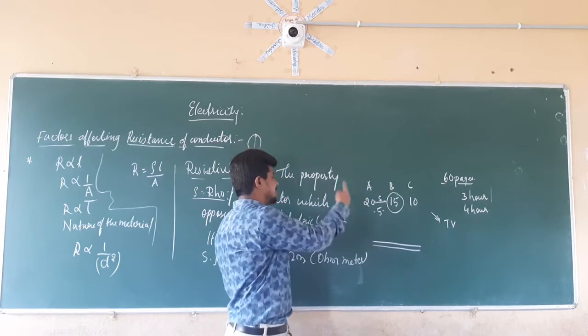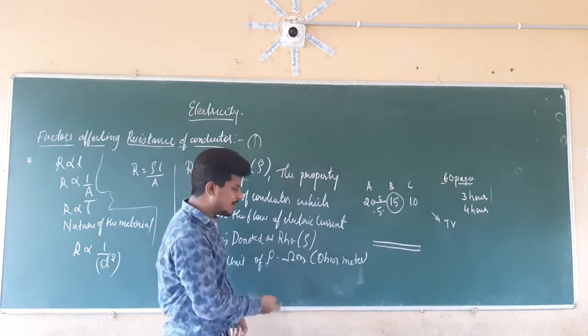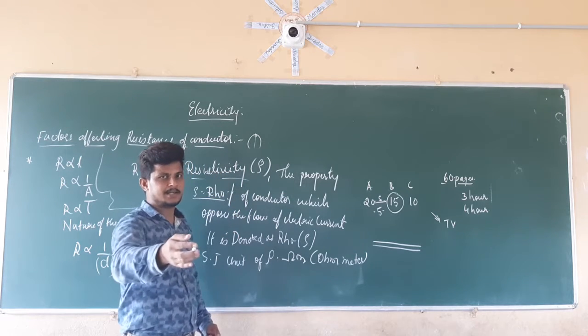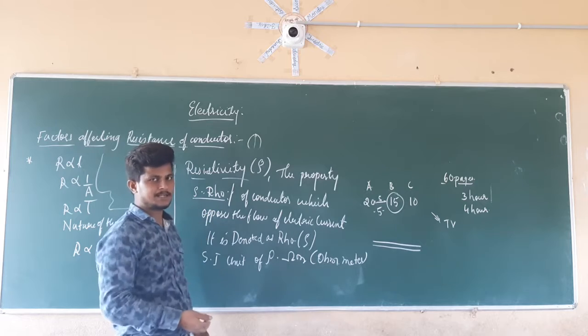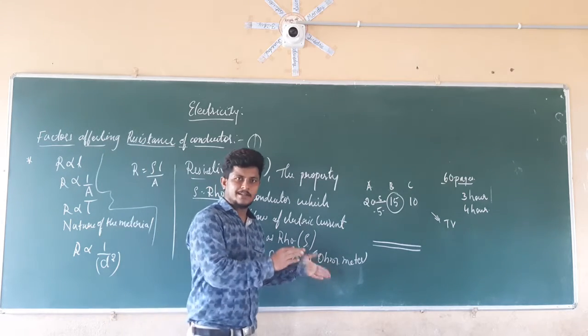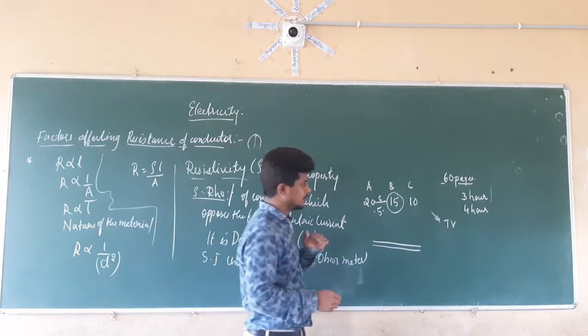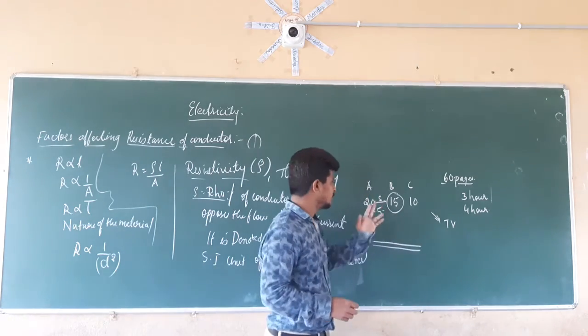In the same manner, resistivity is the property which is present in the conductor that is opposing the flow of electric current, without applying any external resistance. Right? Now see here. Now here, A is going to write 20 pages,